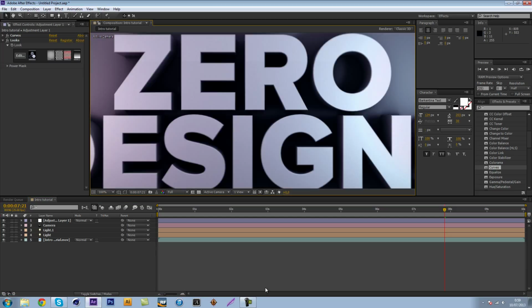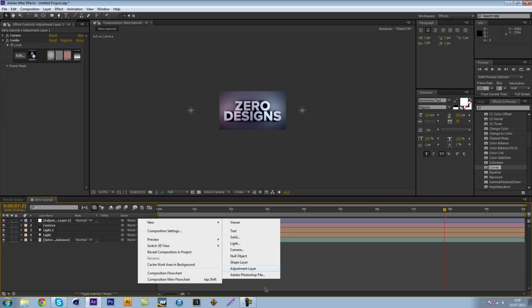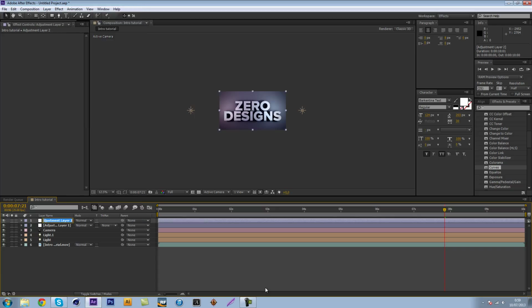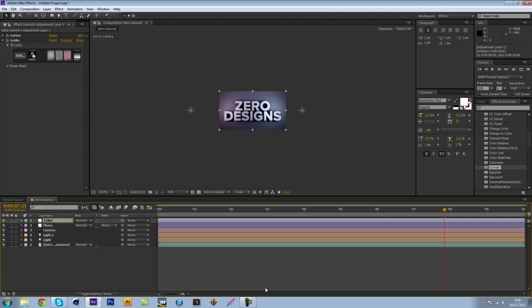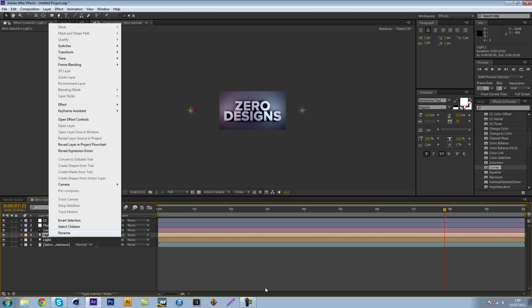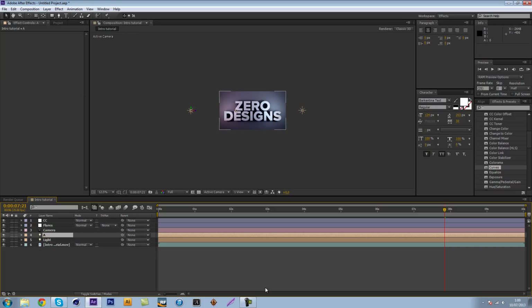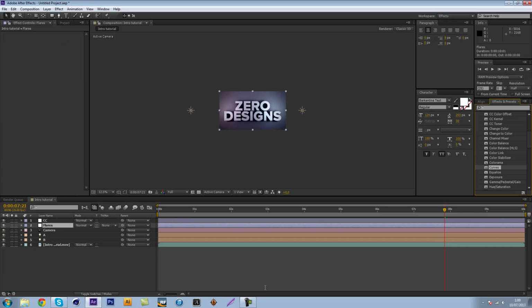So what I'm gonna do now is I'm gonna make a new adjustment layer, and I'm just gonna rename this flares. And I'm gonna drag it below our adjustment layer, so below our color corrections. Let's rename this as well so you understand me a bit better. Let's just call it CC. And we have a light 1 and a light 2. So let's just name light 1 A and light 2 B, and that's going to be more useful for us later on. So let's go over here and type in flares,